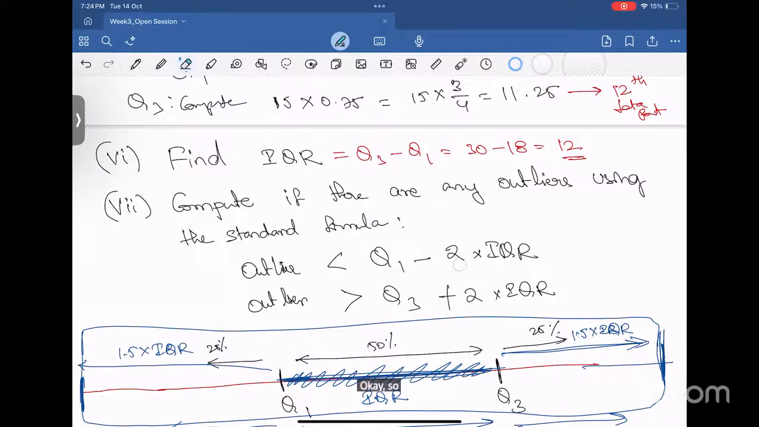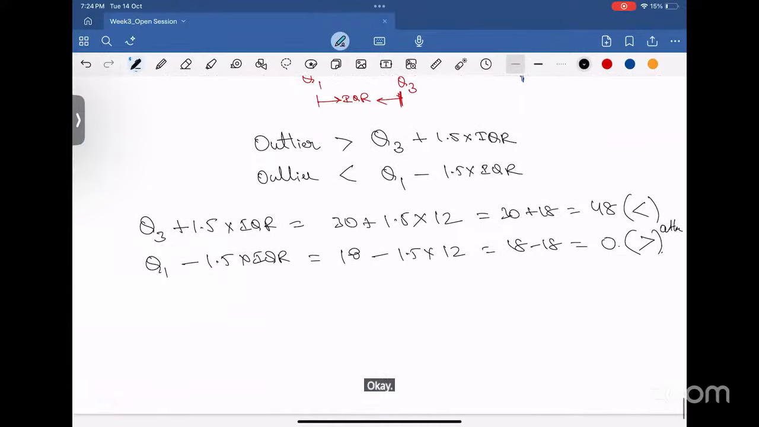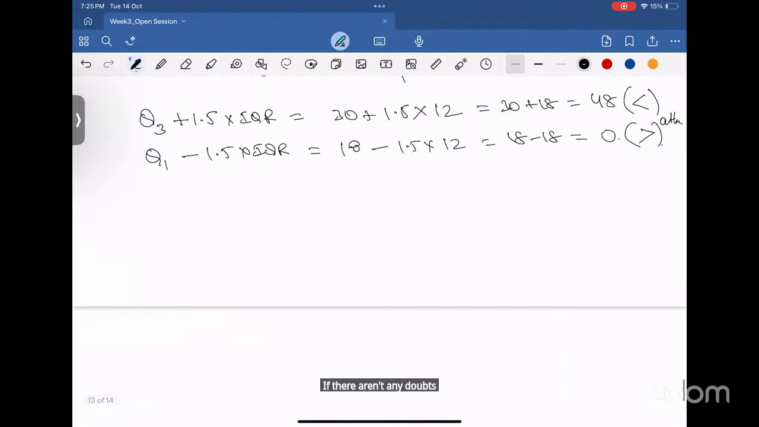Okay, so depending upon the outlier definition that we define, you should compute the outliers. All right, so if there aren't any doubts on that particular topic,